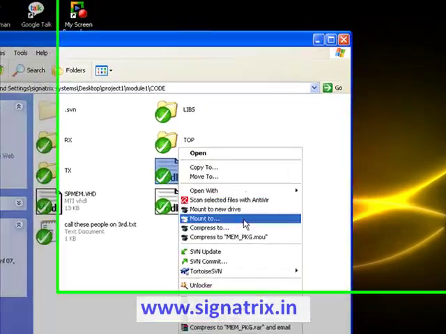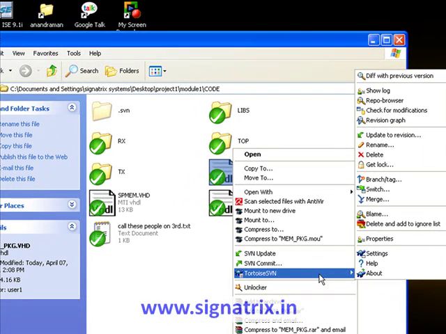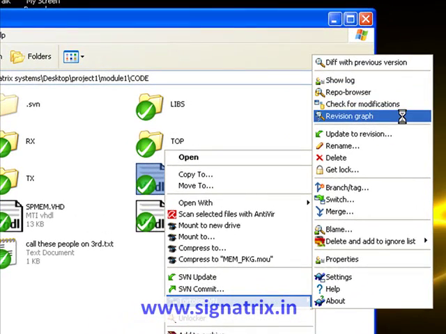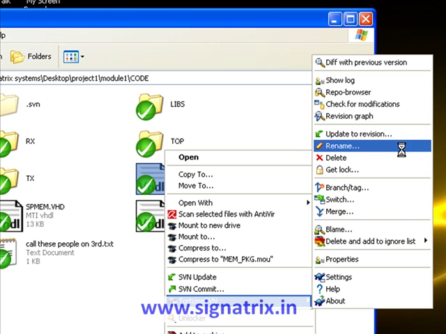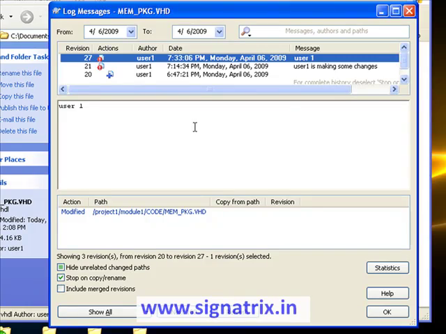Some other option is also available in this SVN software. That is, if you want to see the log reports, show logs. So here you can see the changes, like this is the previous